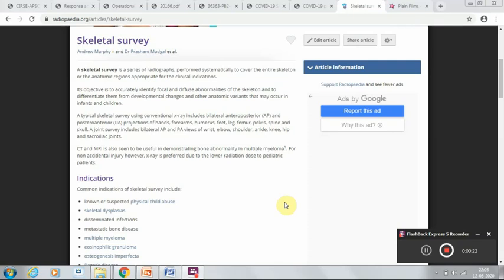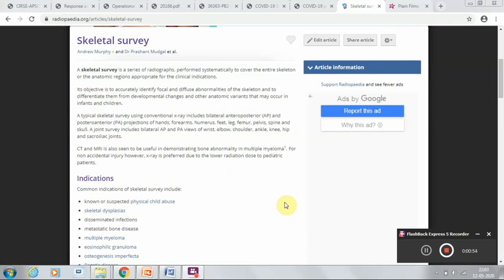My dear student, today I am going to talk about the skeletal survey in the Department of Radiology. See, skeletal survey was very popular at one time because a lot of imaging was dependent on radiography, but now, due to CT and MRI, the skeletal survey is not happening as much.